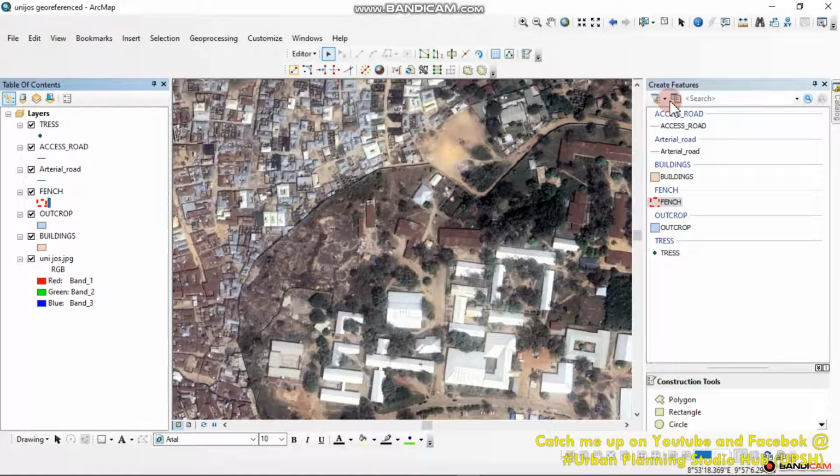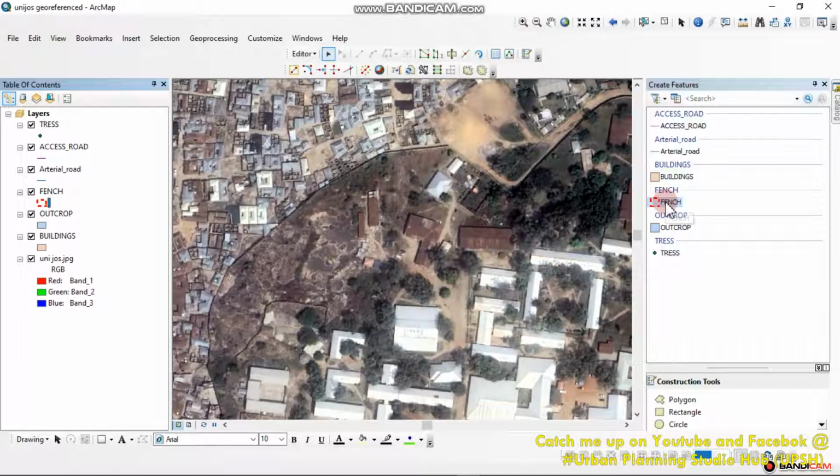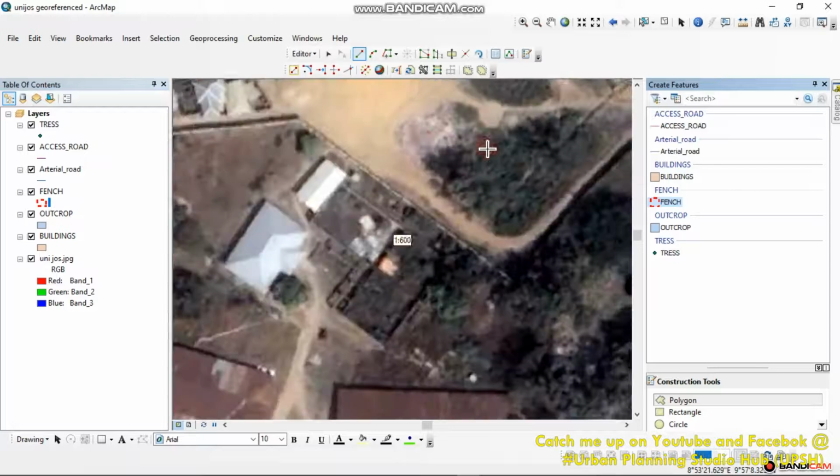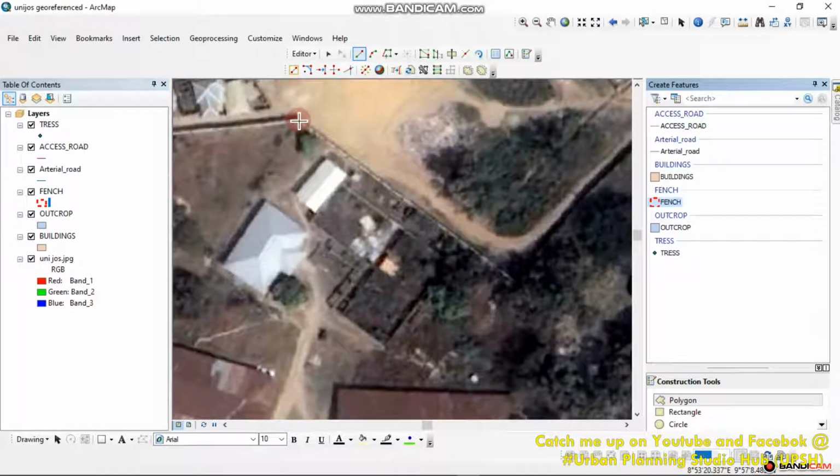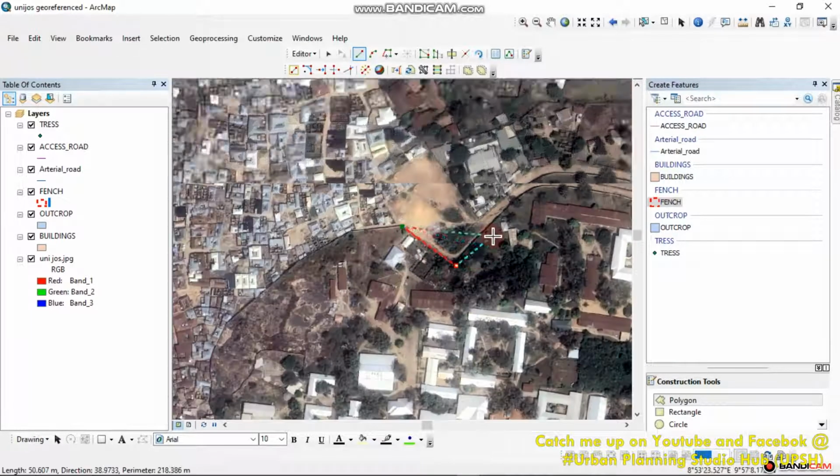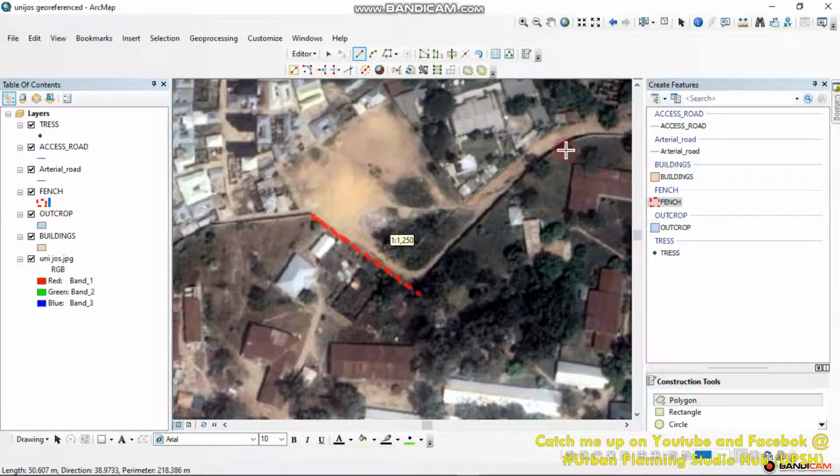Now what it simply means is that you come to your create features, you left click on it, it's under polygon. So what you do, you zoom into your image, you click, this is the fence. You can begin from any point. I click here and then I click here, I zoom out, I click this portion, I also click